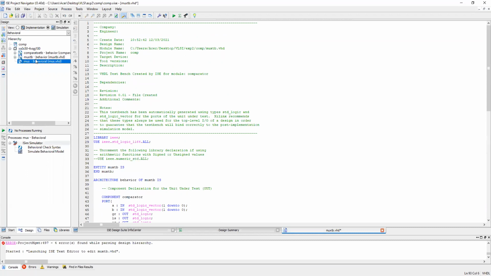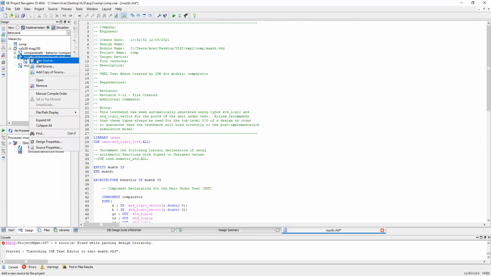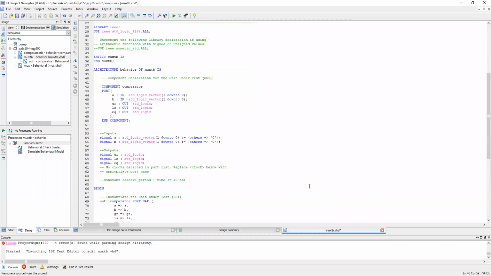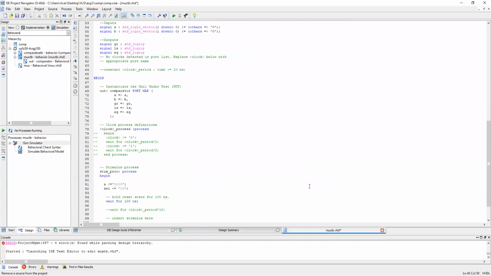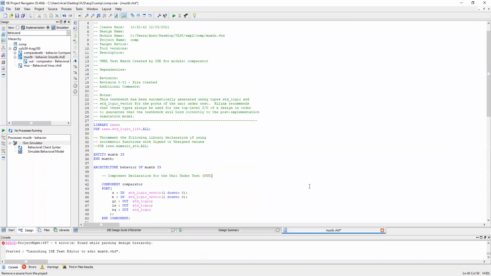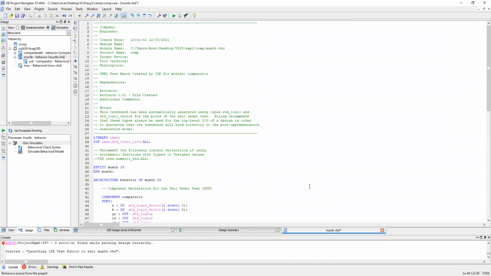No, there is some problem, I guess. Why is it showing the same code? Okay, just wait. Let me check.